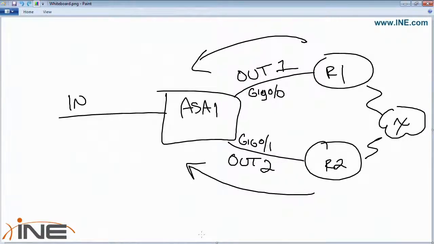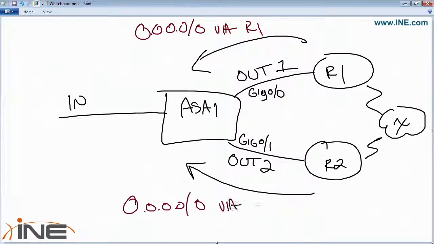So we could say that there's two static routes. There's one that goes 0.0.0.0/0 via router 1, and one that goes 0.0.0.0/0 via router 2, but we cannot use both of these at the same time. We cannot do active-active forwarding. We could, however, do active-standby, say that this is the primary path and that this is the secondary path